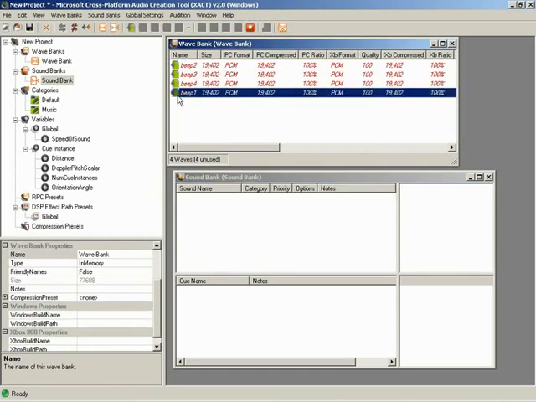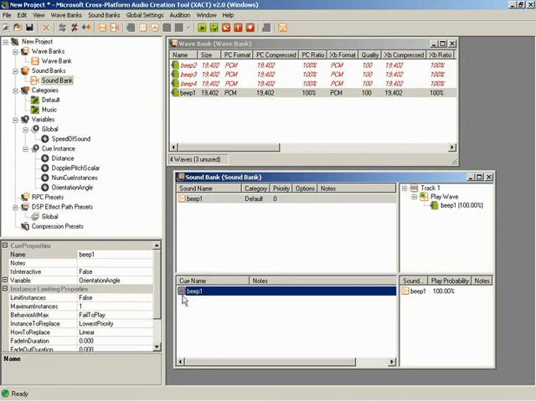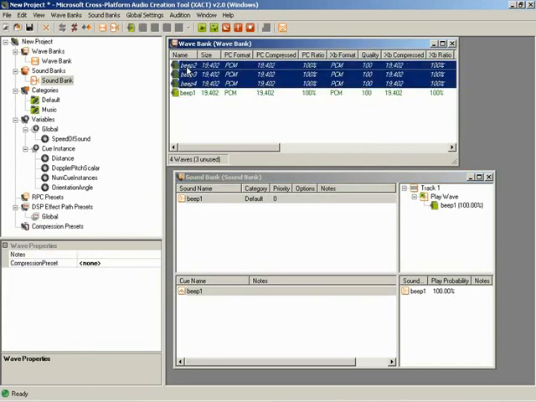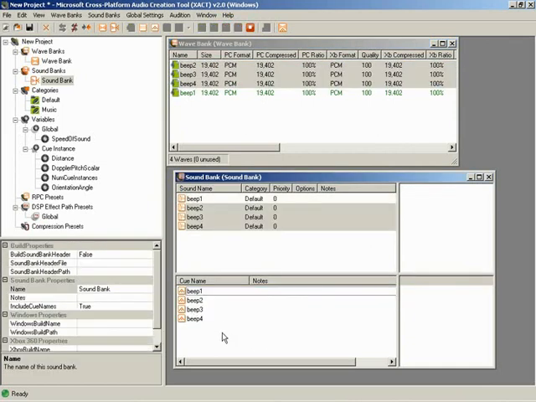So watch this. We could take a wave, drag it directly to the queue pane, drop it in. Now we have the queue created. We have the sound created associated with the wave, and the sound also associated with the queue. So everything, the entire chain has been set up here. And you can also select multiple waves at once and drag them all in, and then have everything set up